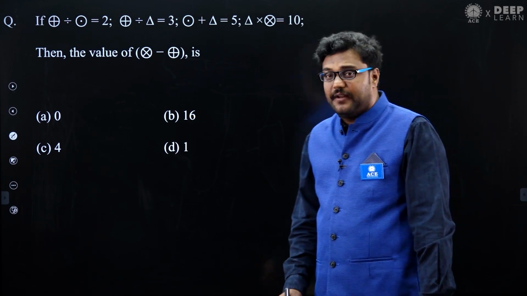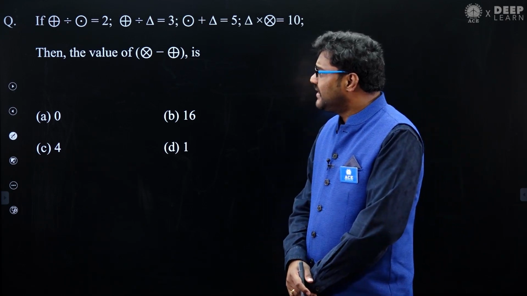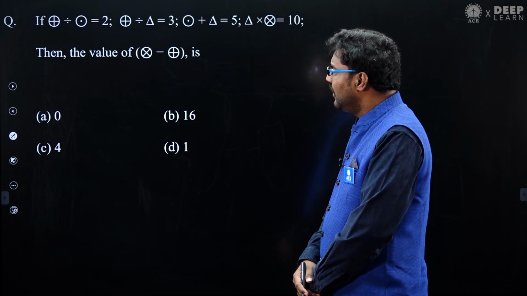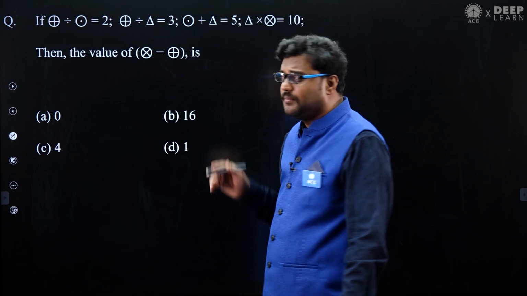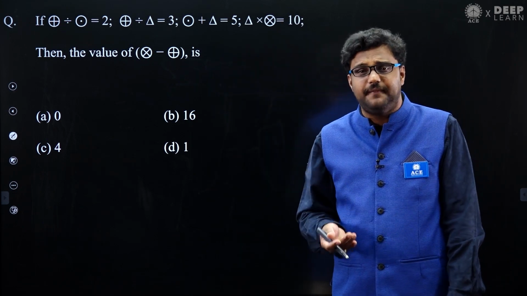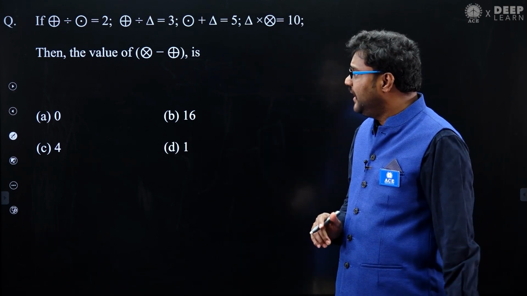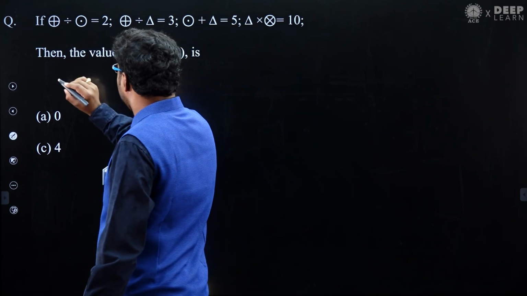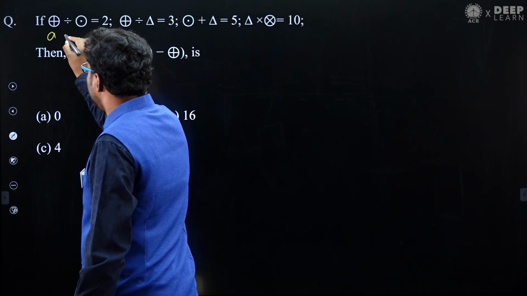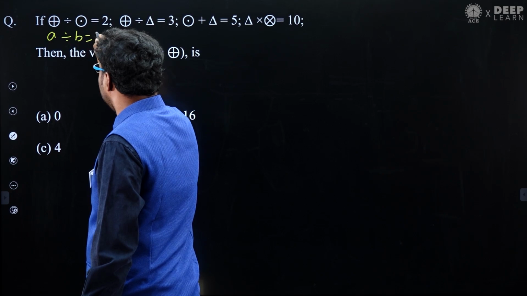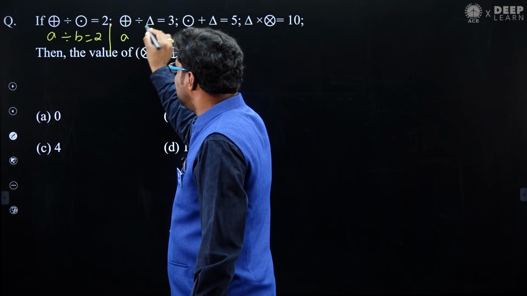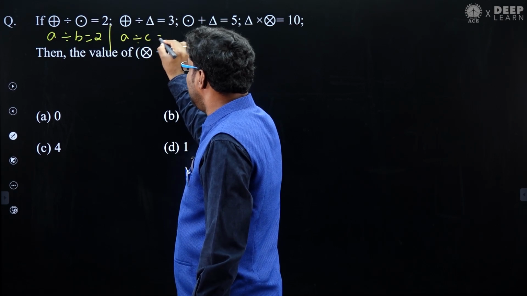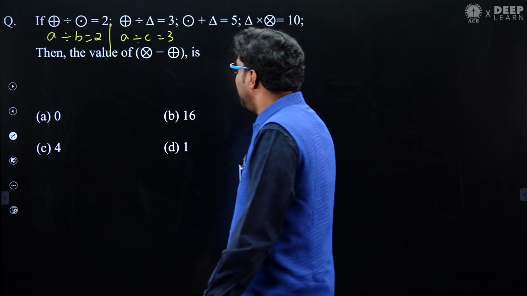See this question, my dear friends. Here they have given some symbols. You just try to put it in this way. If you understand the symbols directly, fine. If you have confusion, put it as A, B, C, D. We can consider this symbol A. A divided by B is 2. This is already A, and this triangle you consider as C. A divided by C is 3.